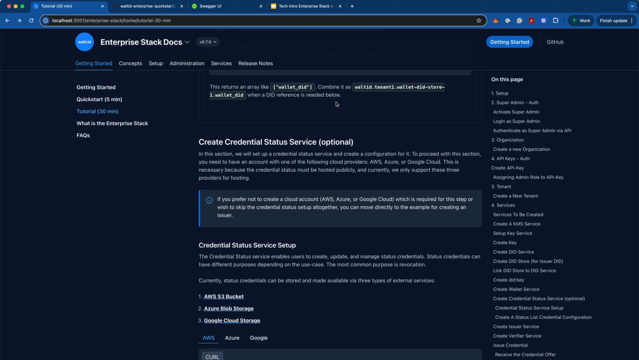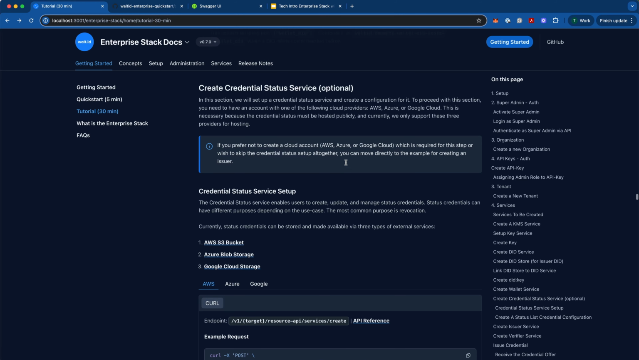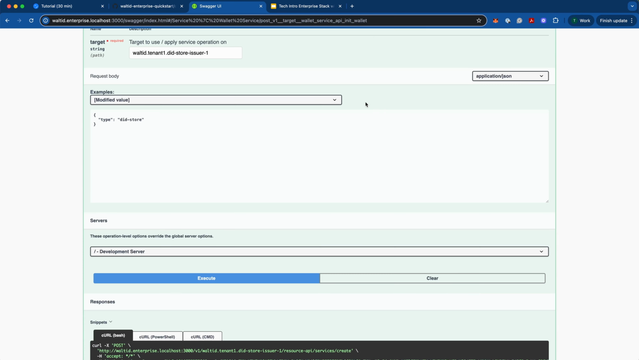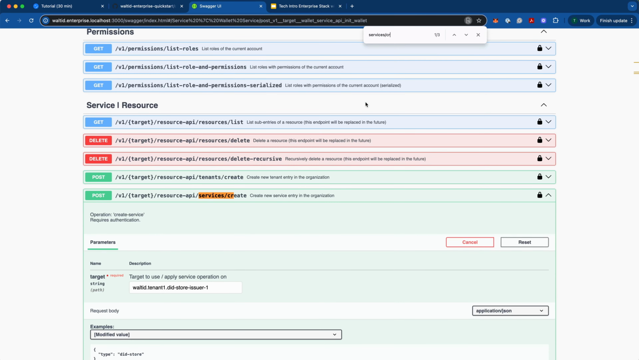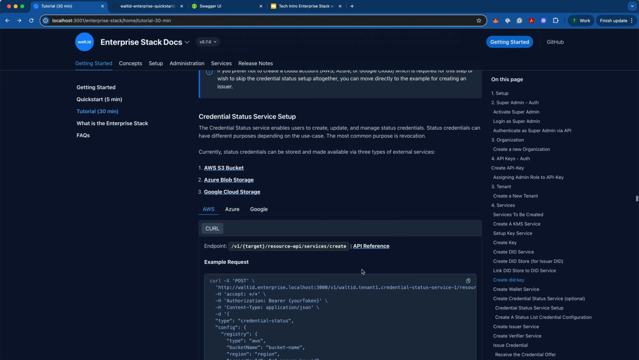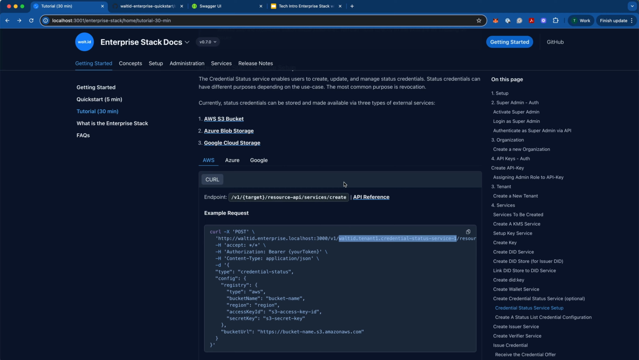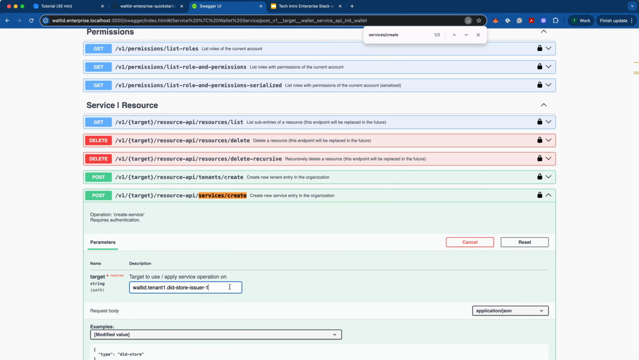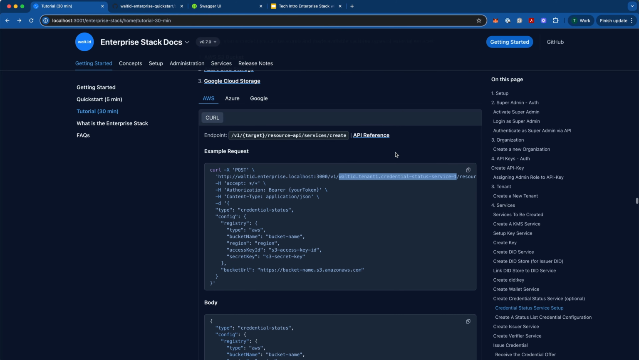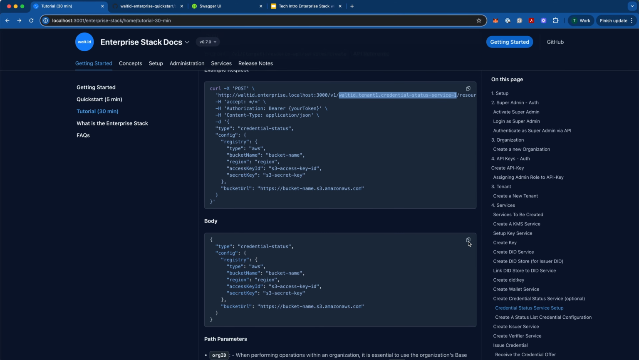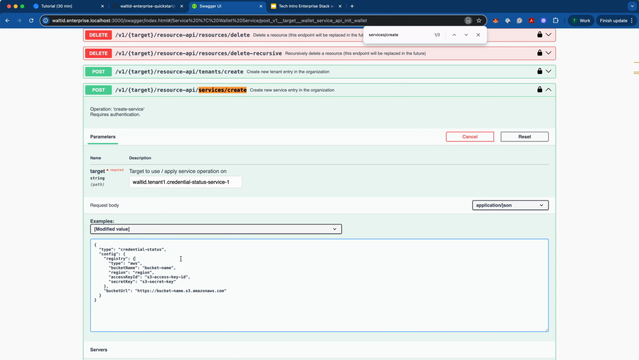be then using from the issuer service to then issue a credential with a revocation status. And so here, let's go again to our services, create endpoint. We will create our status service using this ID. And in the body, we will now specify the credential status as a type. And then here we need to provide a configuration for an external registry, which will be used to then host